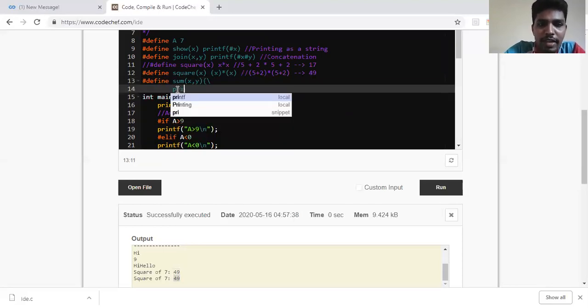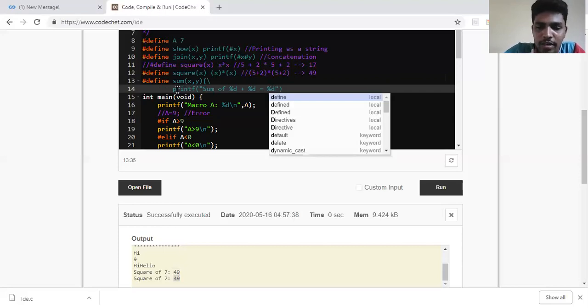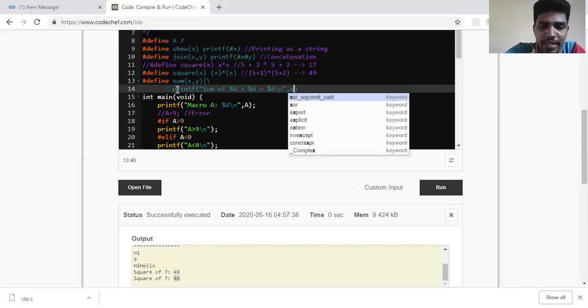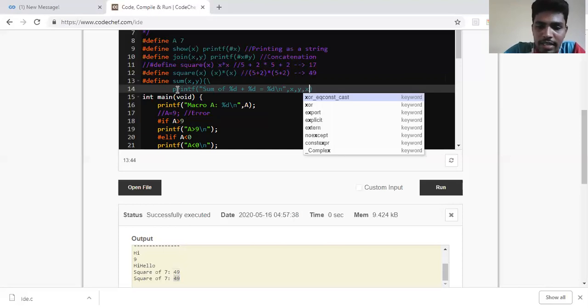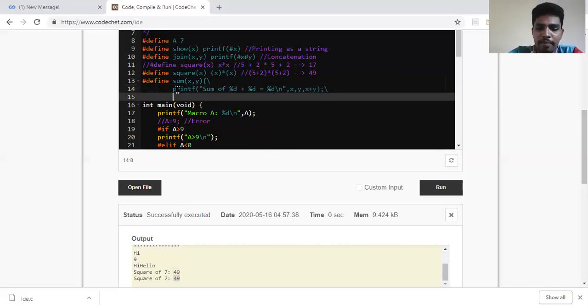I will be just writing printf, sum of percentage d plus percentage d is equal to percentage d, and then I'll be writing a backslash n. So first percentage d is your x, second percentage d is your y, the third percentage d is x plus y. I'll be putting a semicolon, another backslash, and then I'll be ending.